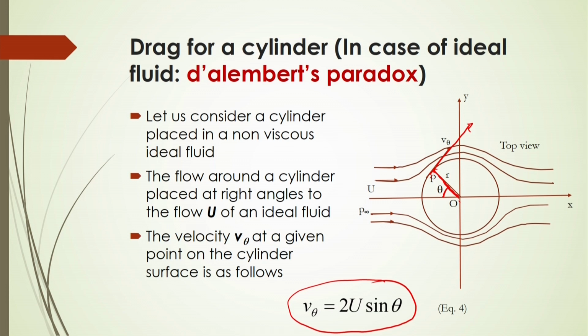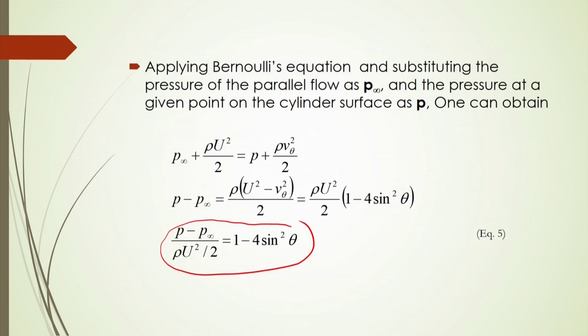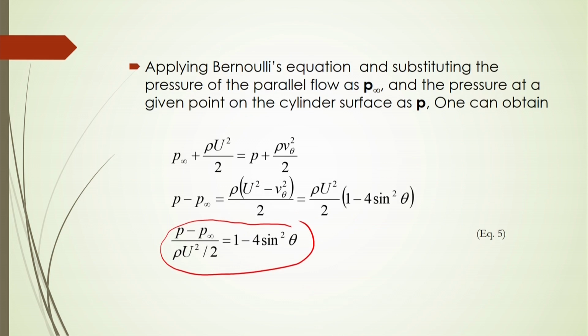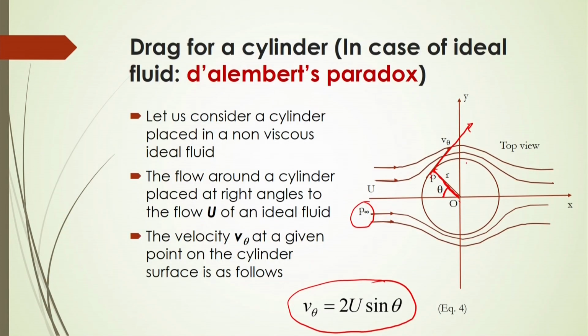So, if we know the component v theta, then you can easily calculate the pressure at that particular point P. But you have to know the free stream pressure and also the uniform velocity of the fluid at which it crosses this cylinder and makes the drag. This pressure depends on theta. If we consider this point here, then theta will be 90 degree, and sin 90 degree will be equal to 1. Then simply you can get this value here.